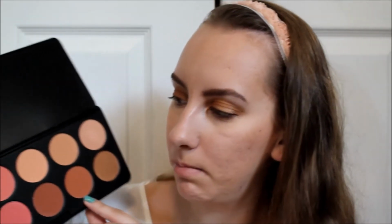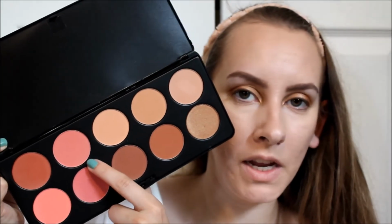And I think I'm actually going to mix it in with this more peachy. It's kind of peachy and rosy at the same time. I think I'm going to mix those two for today, just so it's still a little bit vibrant. It is a summer look after all, but I don't want it to clash with the eye look. I'm taking my Luxie 514 blush brush. These are quite powdery